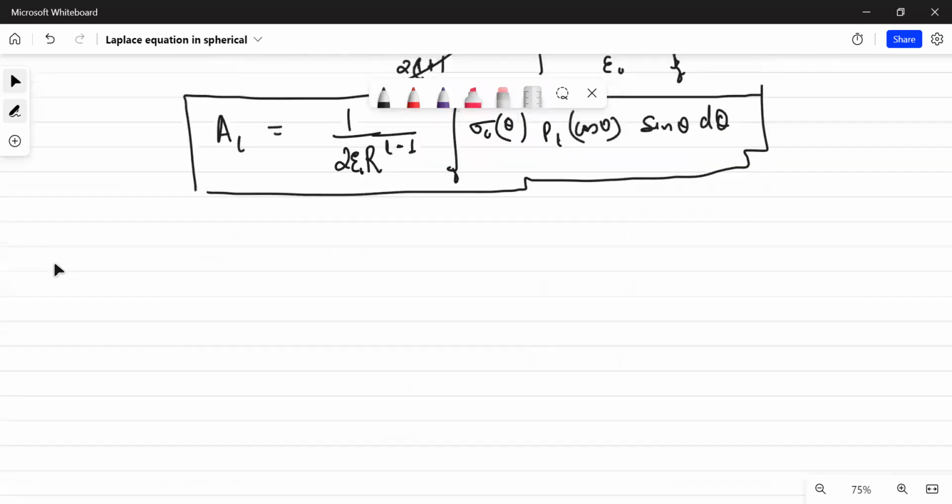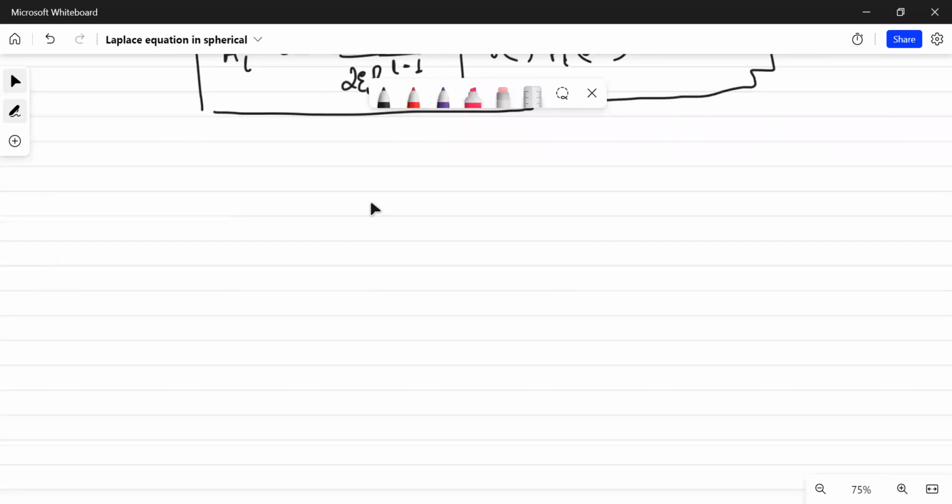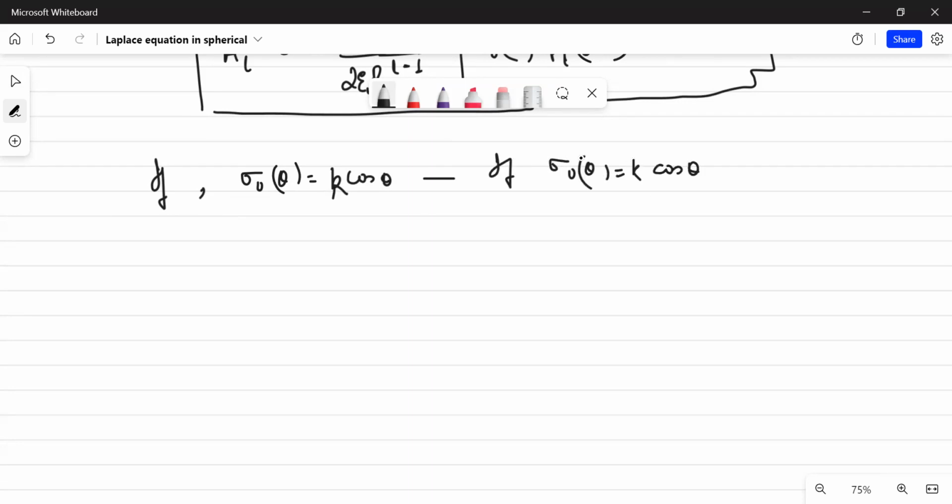So ठीक है. Just because there is a lack of time, I'll give you a simple example, and you just find it. For example, if sigma naught theta is given as k cos theta. This I'll solve in the next lecture, but I'll just write the question. If sigma naught theta is equal to k cos theta is glued over the surface